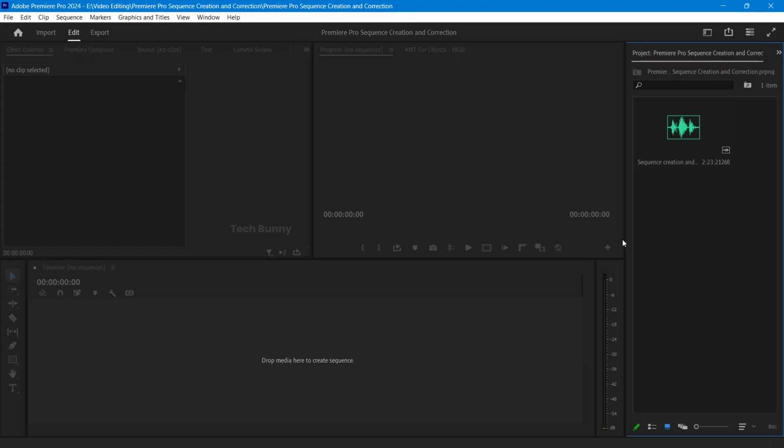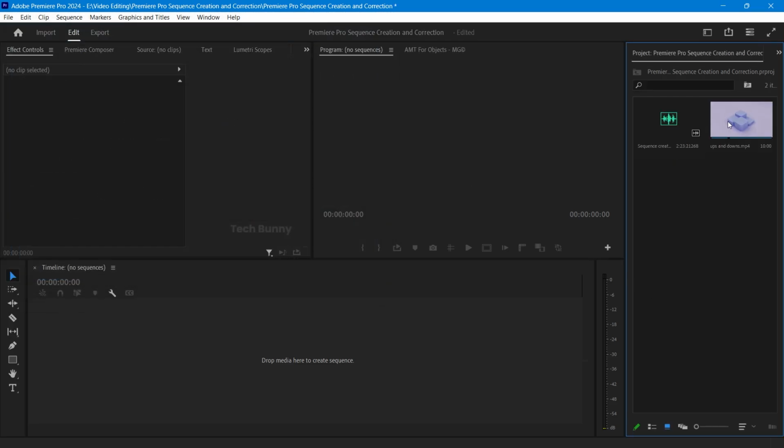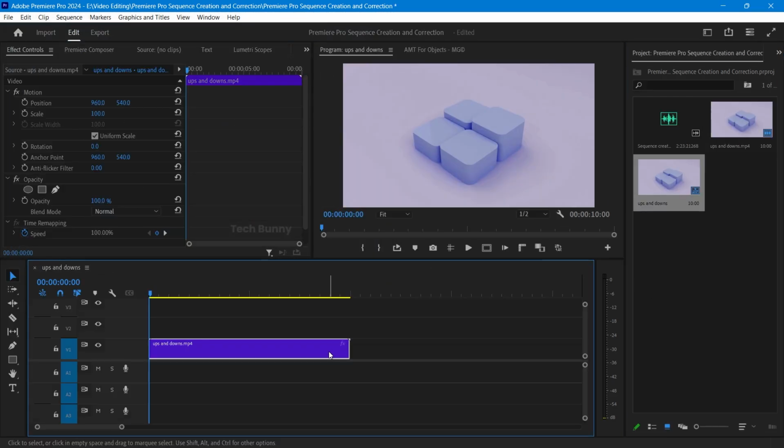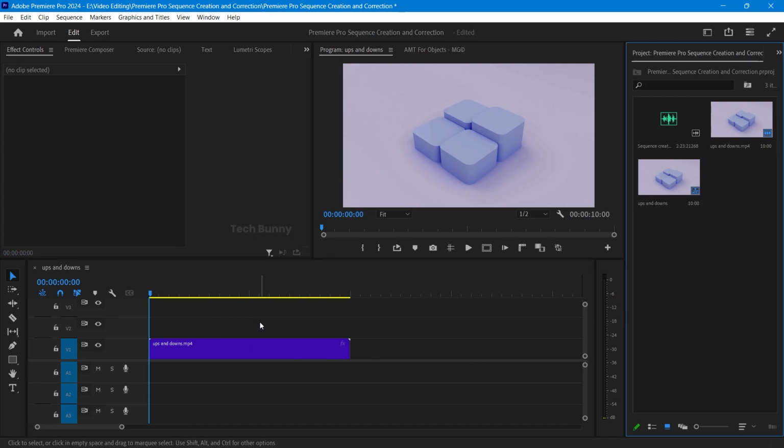Open Adobe Premiere Pro and import your media files. Drag and drop your media file directly onto the timeline. That's it. An automatic sequence is created for you. If you drag and drop multiple clips at once, the automatic sequence will be created based on the first clip